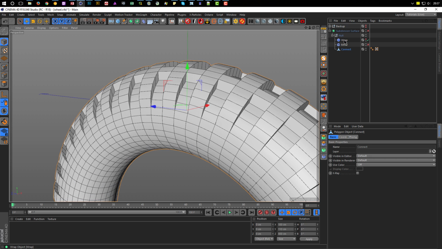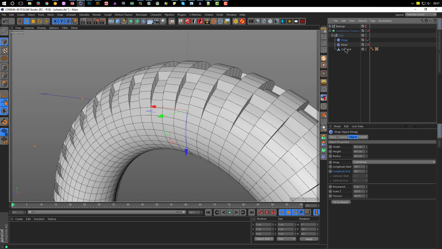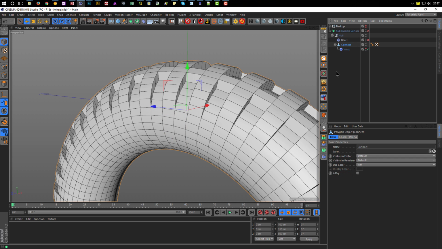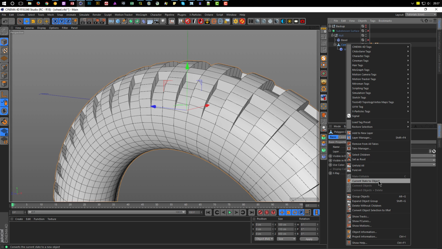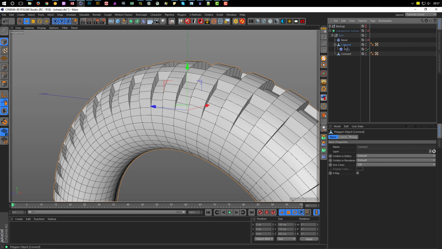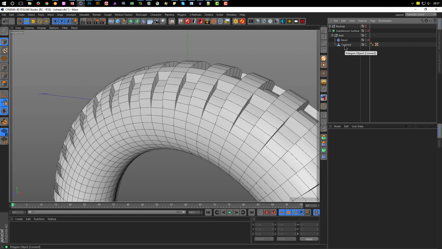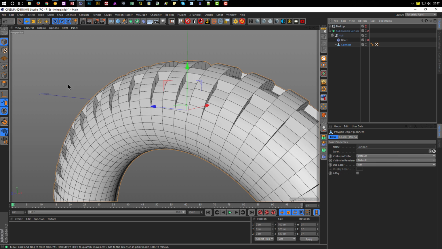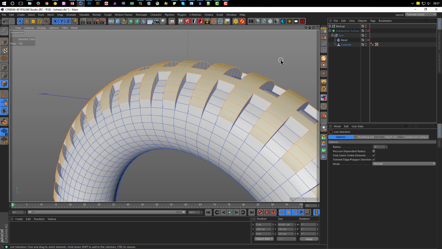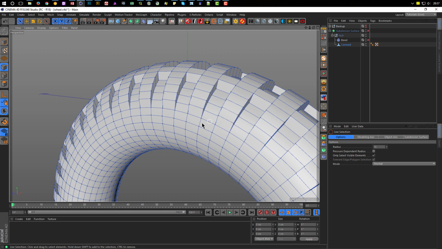Let's give the wrap deformer now. Now we can put the deformer under the connect object too. So I put the wrap deformer under the connect. It is the same as I would have it here. But now I select my connect and say current state to object. I can right click here too and current state to object. And I can delete this one with the wrap deformer. So now I have this object and I go in point mode,